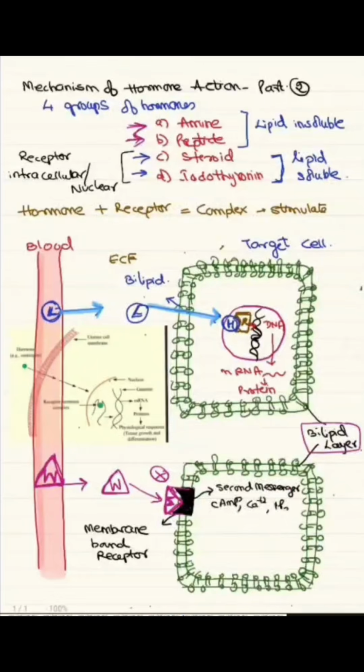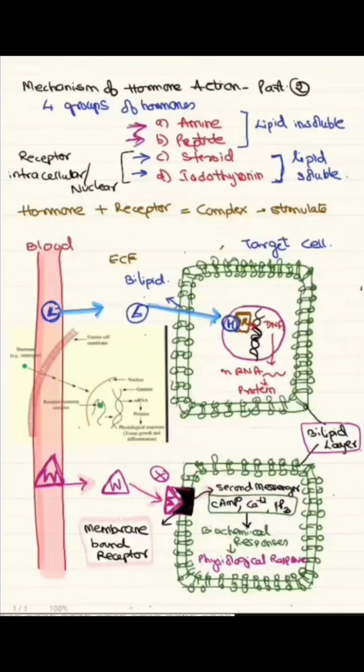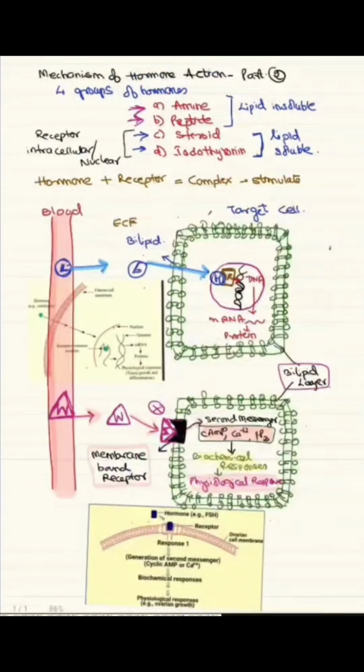These second messengers are cyclic AMP, calcium, and IP3. From here, these messages will carry on the biochemical responses and later the physiological responses are done. So, the water-soluble hormones like the amine and the peptide hormones have membrane-bound receptors outside the cell and are activated by the second messenger. As you can see in the diagram from the textbook,